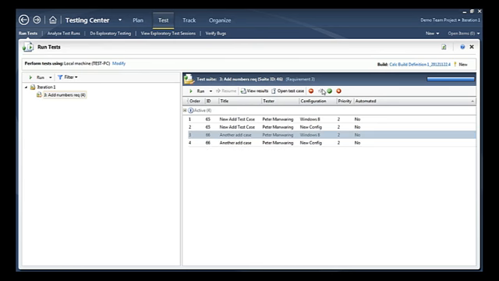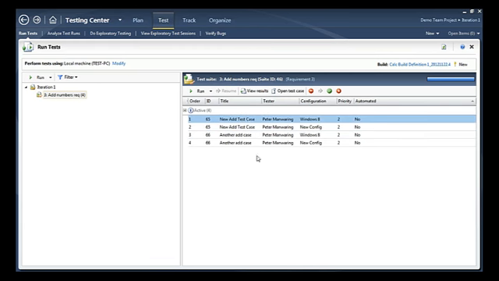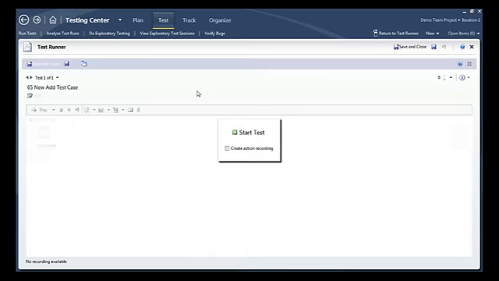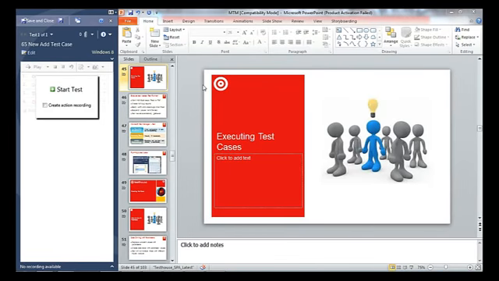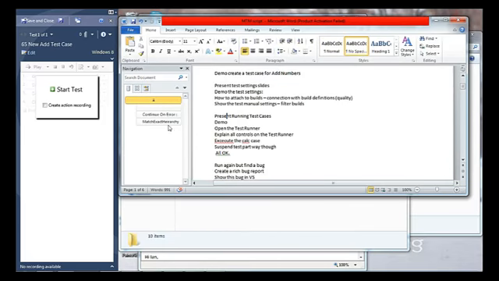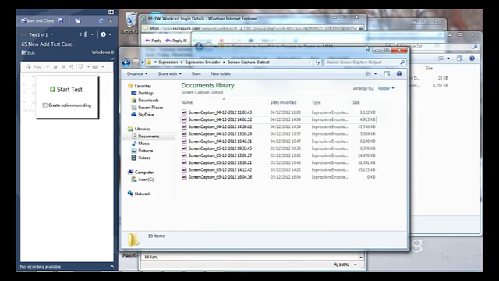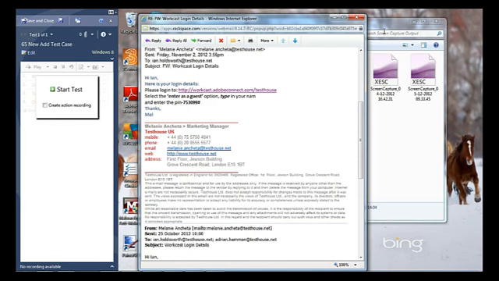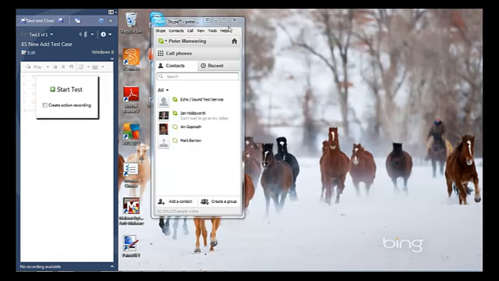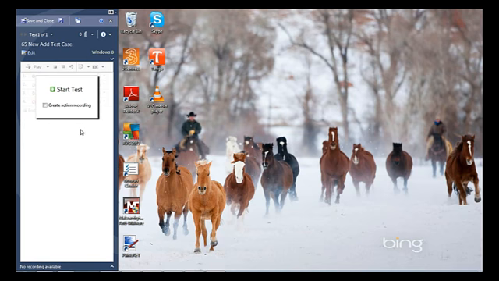Okay, so let's actually go ahead and test one of these cases now. You highlight the one you're interested in and simply hit run. That will launch something called the test runner. What happens there is the whole screen minimizes apart from this test runner, and that is used to actually drive the test. You have several options here. You can start the test or create an action recording, which I'll talk about in a second. So if we just start the test,